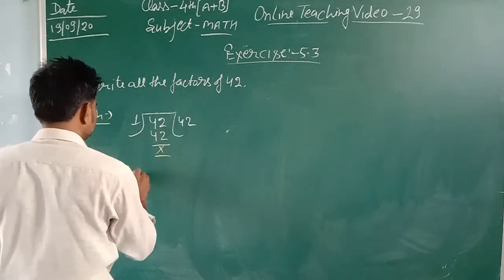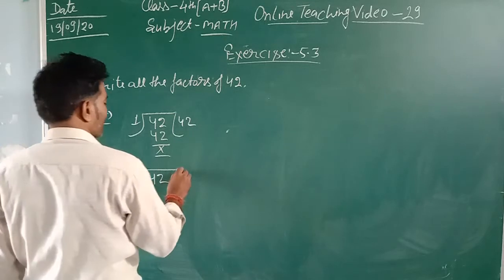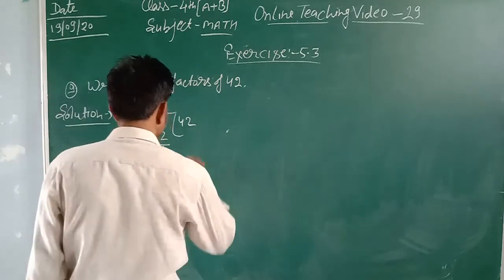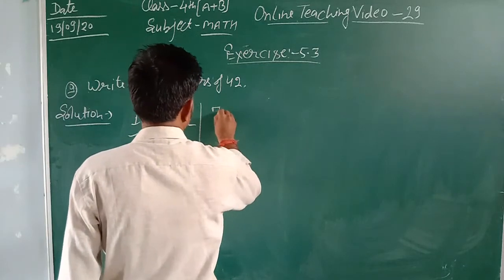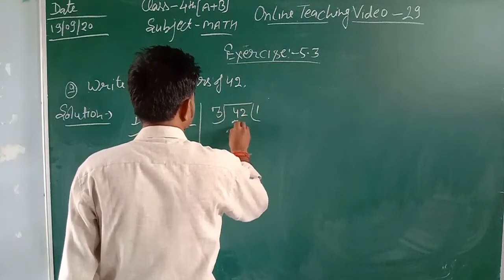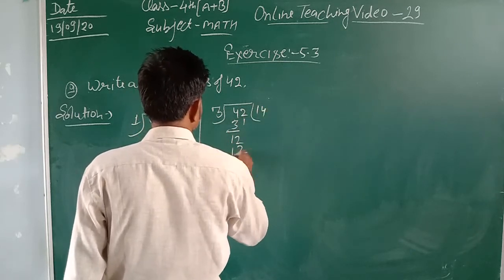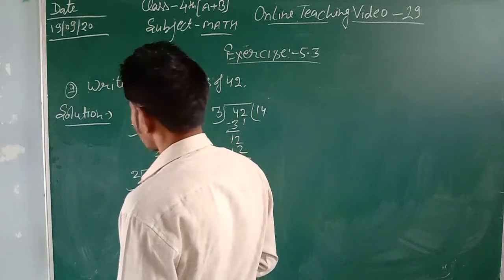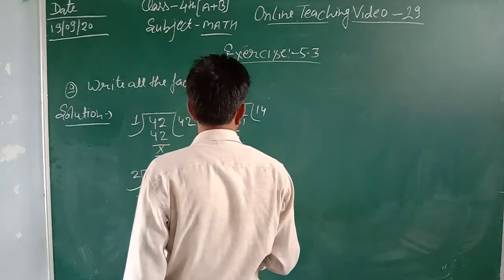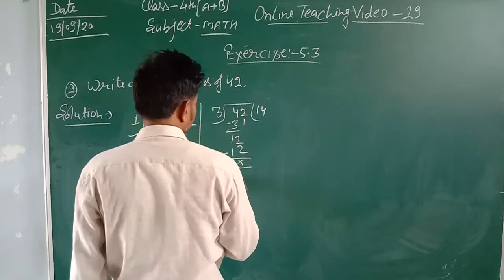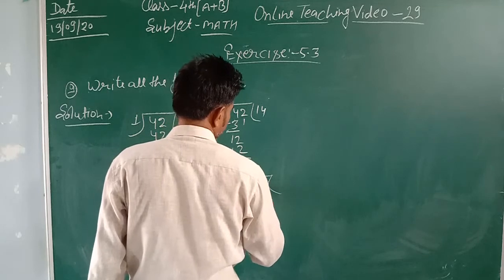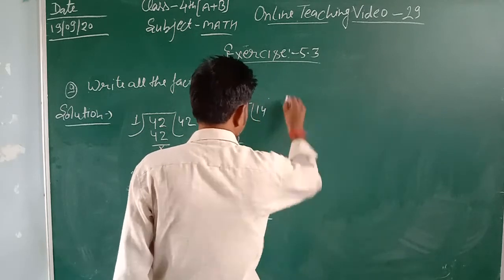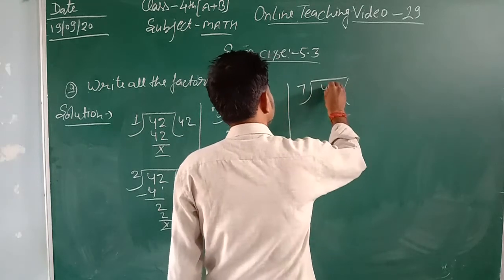42 1 जा 42. 4 plus 2 is 6, so it is also divisible by 3. 3 1 जा 3, 3 4 जा 12. 42 is not divisible by 4 and 5, but this number is divisible by 3 and 2, so it will be divisible by 6. Now we will divide with 7. 7 6 जा 42.